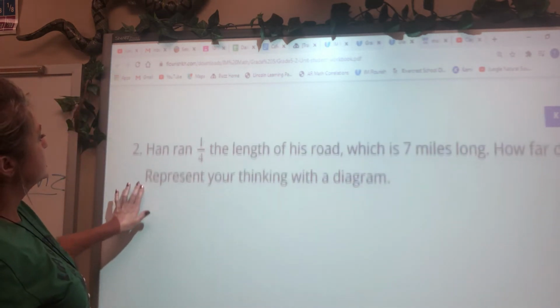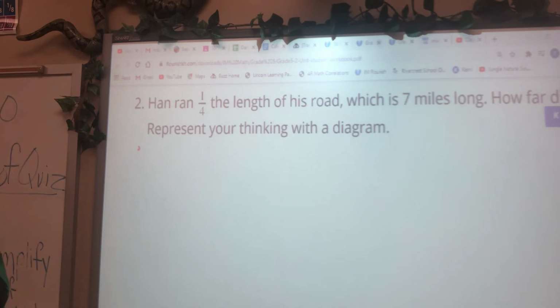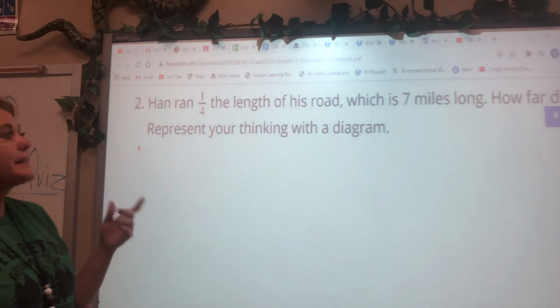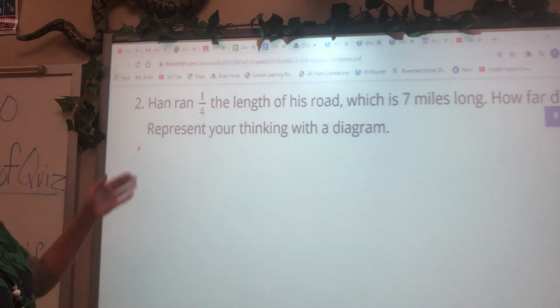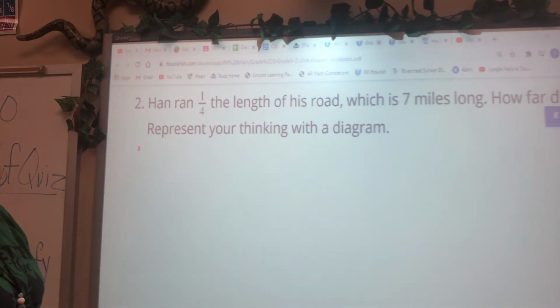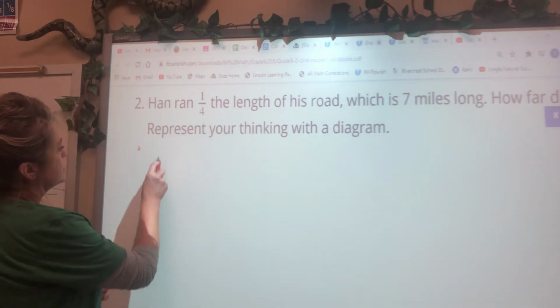Now moving to the next one. Han ran 1/4 the length of his road. His road is 7 miles long. So how far did he run? And it says that we can represent our thinking with a diagram. So if he ran 7 miles, we could use